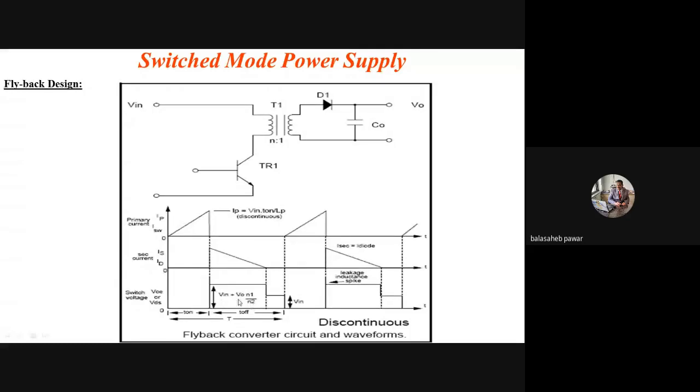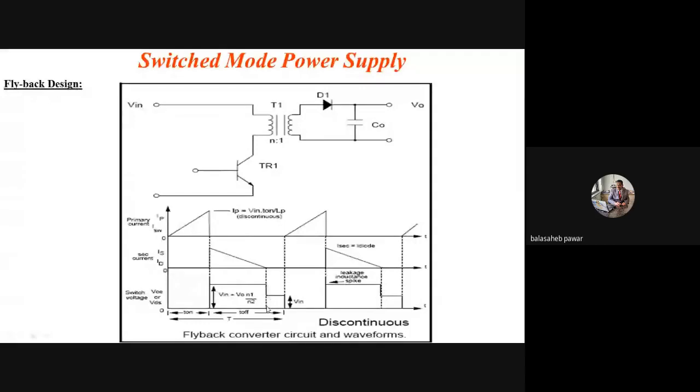Are you getting it? Why is it written as plus VO into N1 by N2? Whenever you apply the transformer equations, in this case, VO by V in, or V2 by V1 equals N2 by N1. Correct now? That much will be the voltage available across this primary of that inductor, and hence that voltage will be greater than V in. V in is already there plus the charge stored in the inductor. It will remain that much up to over here.